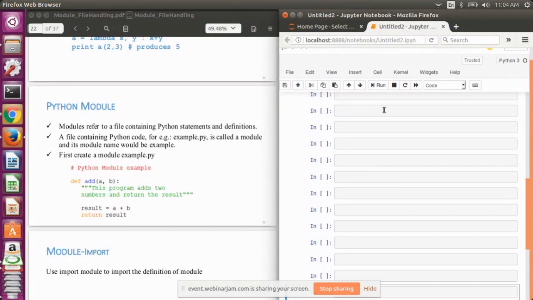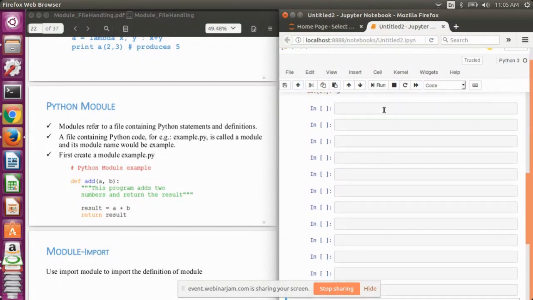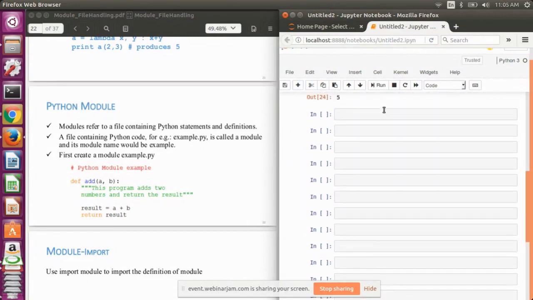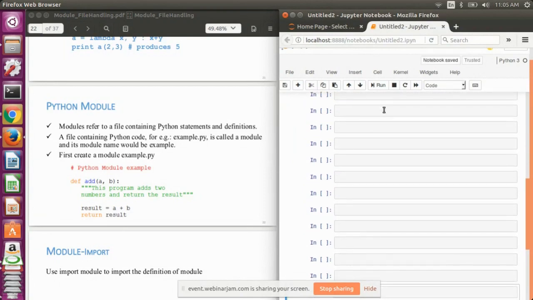We have a number of modules, and some of the popular Python modules are NumPy, Pandas, SciPy, TensorFlow. Whatever library of Python you name, that is a module.